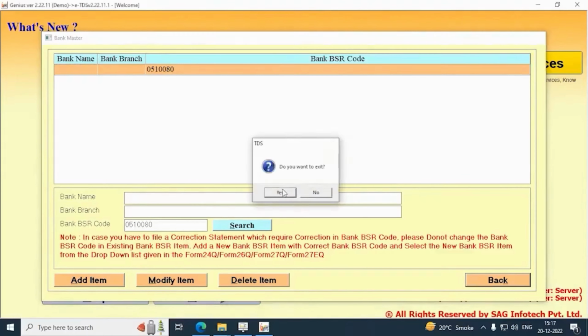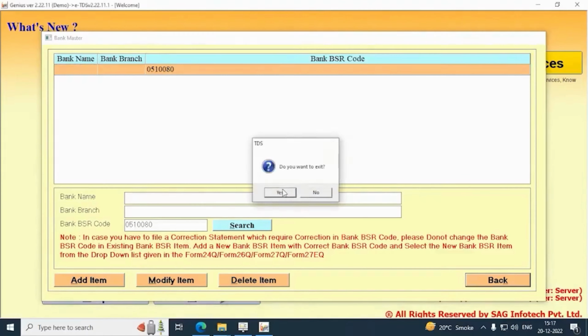Through client list selection, you can edit which clients to be visible or not while making the selection of client. Click on clients and select the drop-down whether you want to show all the clients or selected client or unselected client and click on save. You can also export the details here in Excel.